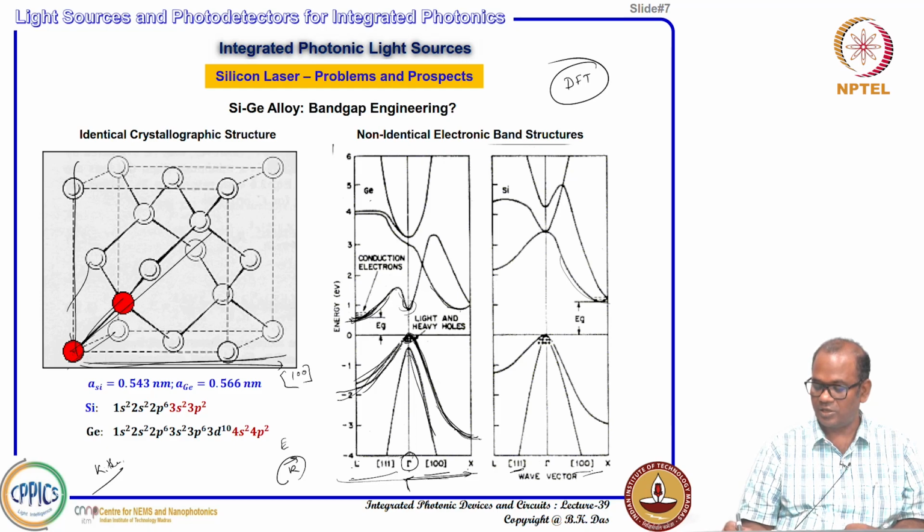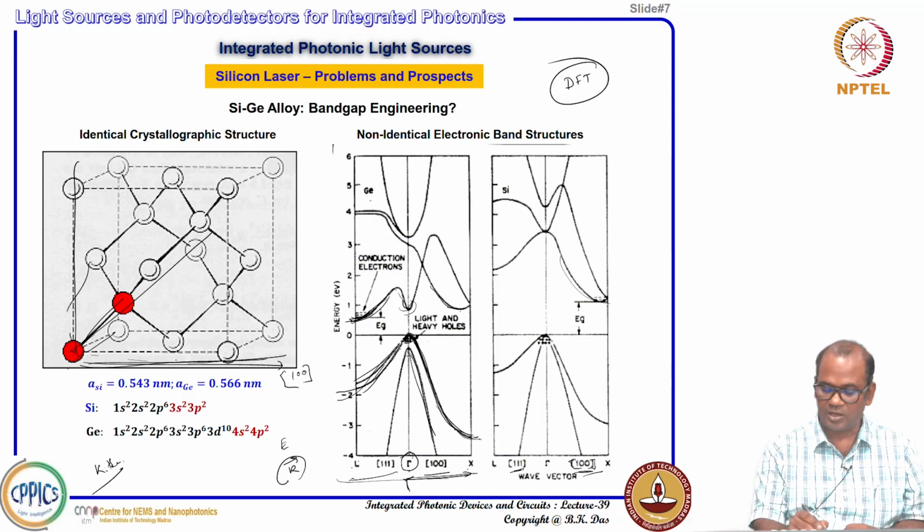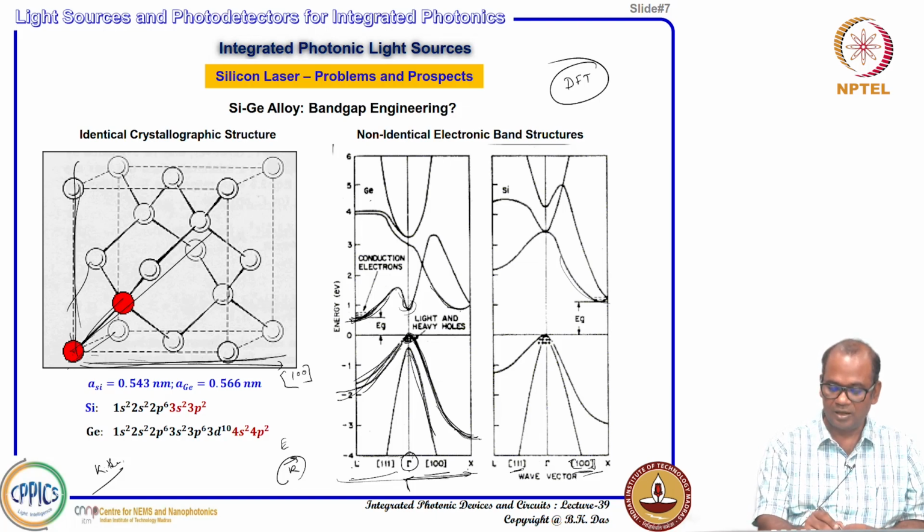Just remember that 100 direction is a class of directions. It means it involves either the x direction, y direction or z direction. All of these directions are in the 100 class. They are identical. But other than this, if you are considering any other direction, like the diagonal direction called